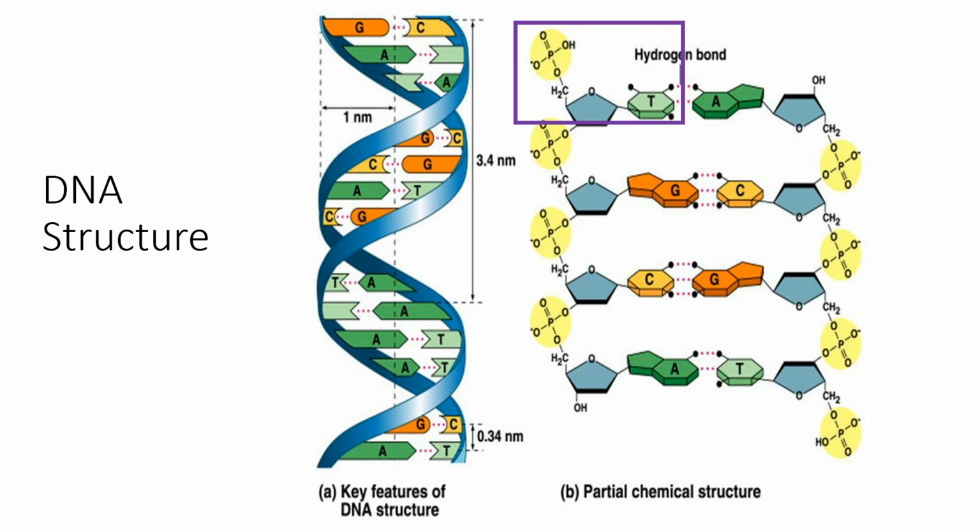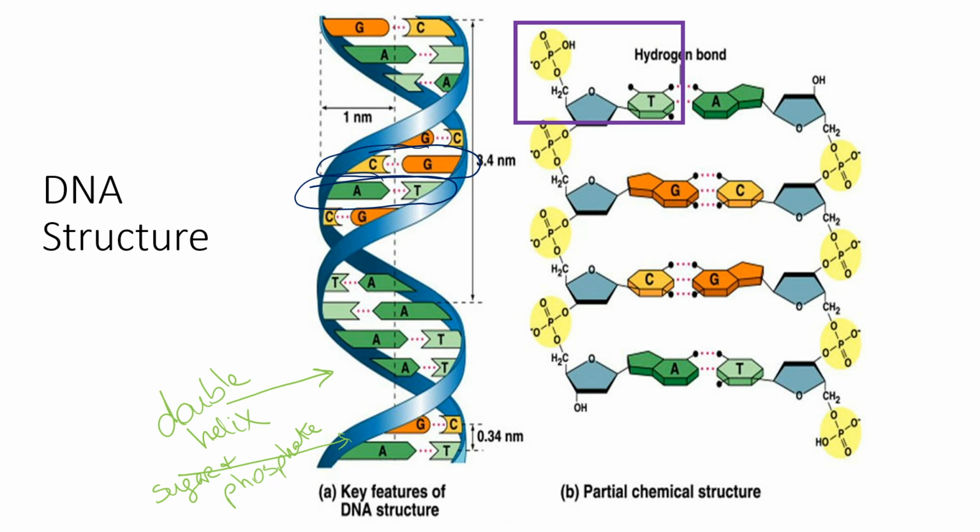So again, the DNA structure here, you've got the double helix in this first image. So you've got the two strands. The ribbon makes up that sugar phosphate backbone. So that blue ribbon right there is the sugar and the phosphate part of the nucleotide, with the bases pointing inward. So you can see the adenine and thymine and how they're bonded together, the guanine and cytosine and how they're bonded together. So if you were to take that and kind of spread that apart a little bit, you've got